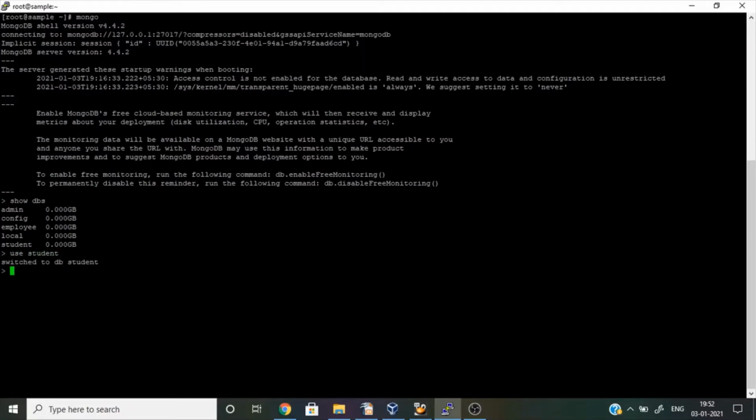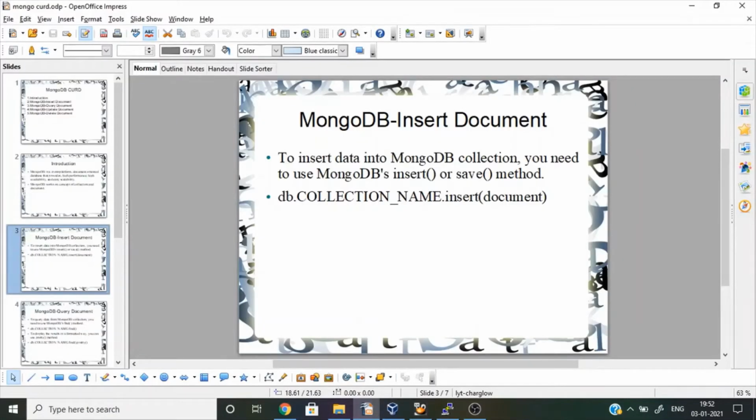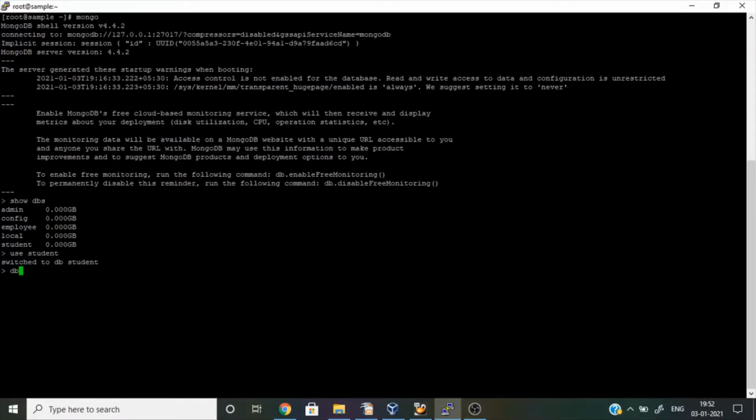Now I'm going to create a new collection. The command is db.collection_name.insert of the document you want to insert. I'm going to give the collection name as student, dot insert, and give the data.